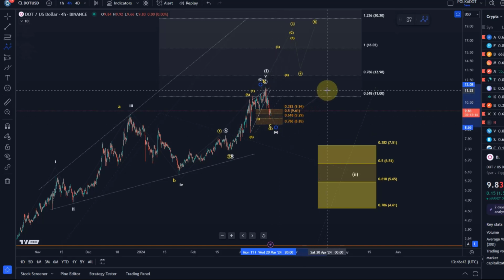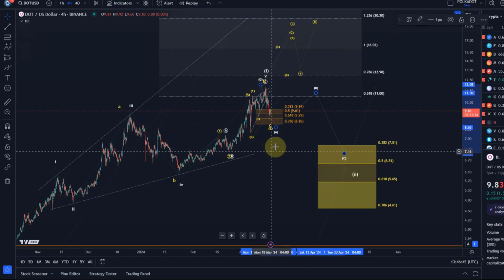Okay, where could we be going? I'm looking at this as a possible scenario, like an ABC structure, in this white count. So the move down could be an A wave, and then we would see a B wave rally and a C wave down. So if it's an A wave,